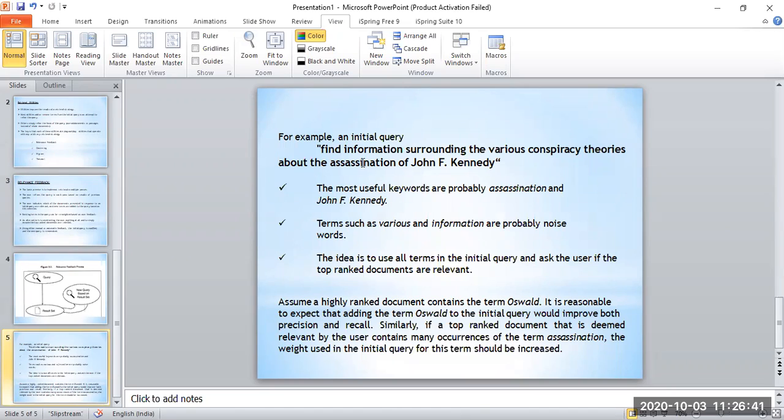So I choose them as the useful terms, and the terms like find, information, surrounding, about, various, theories, these are the noise words. Noise words means those which are not at all useful for my retrieval query. Okay, the idea is to use all the terms in the initial query and ask the user if the top